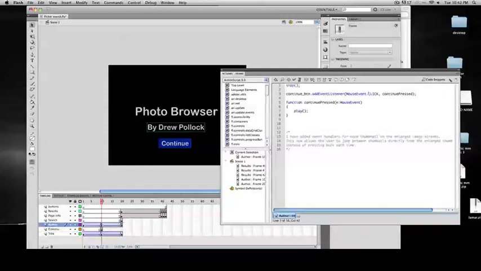Now, the event handler on its own isn't enough. We've given it a function name. So MouseEvent.CLICK, continuePressed. This is a function name. It almost constructs a function, points to a function. You can name that again whatever you like. So you could call it something completely irrelevant, and as long as you name your function below the same name that you've used